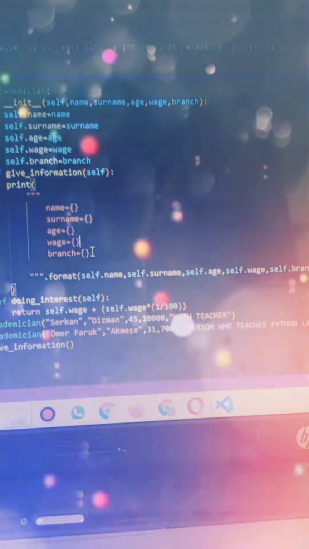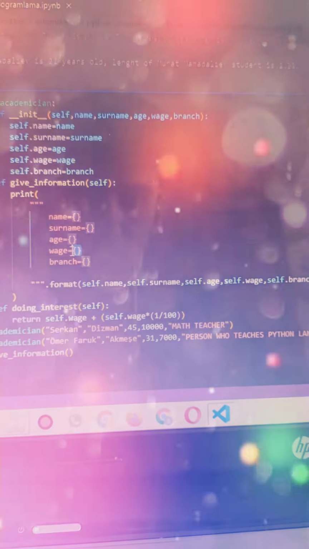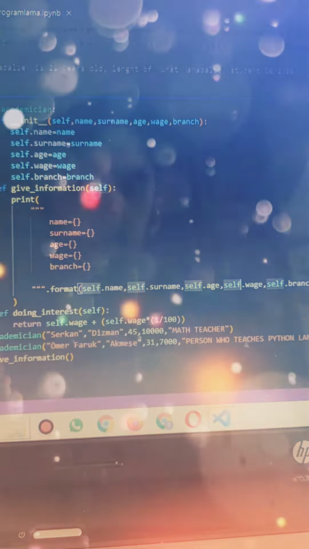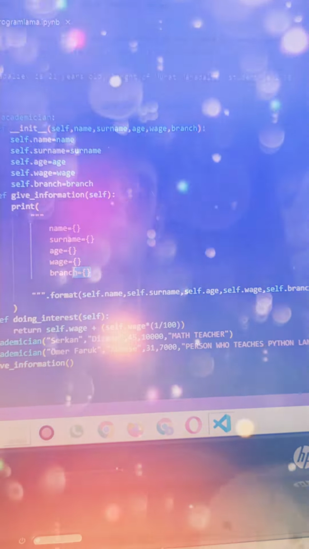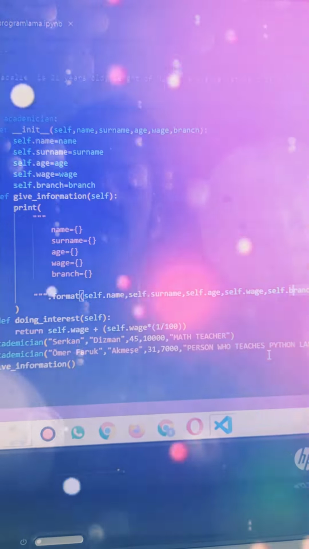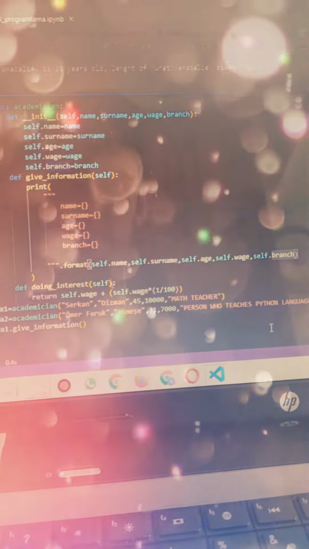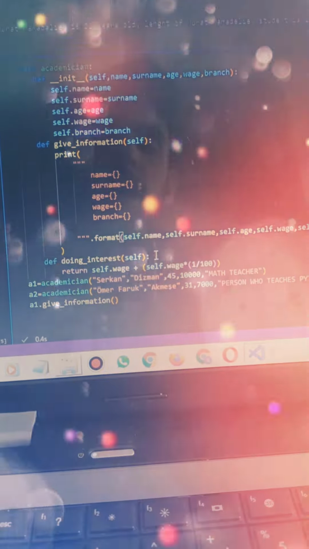Here is the value of self.wage. Here is the value of self.branch. Okay,